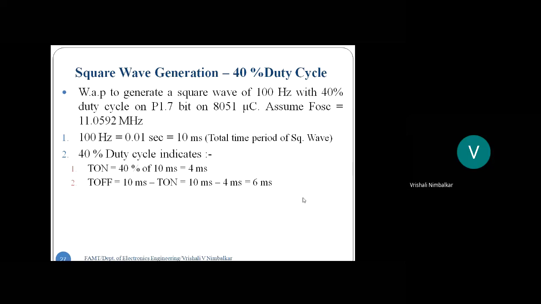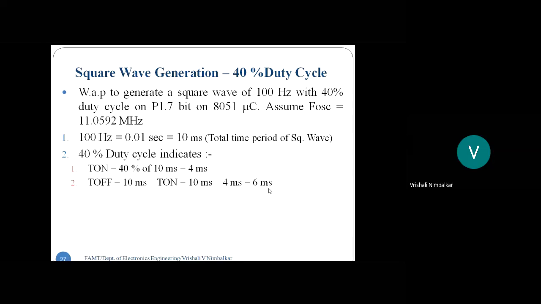Is that okay? Mode 2, again, if I want different time intervals, then I need to stop the timer. Then it is of no use. I'm not using that auto reload facility. Correct? So just remember this. For different time intervals, it is preferable to use mode 1. So I'll use timer to generate. I'll find out the count calculations for 2 different time intervals. One is 4 milliseconds, other is 6 milliseconds.